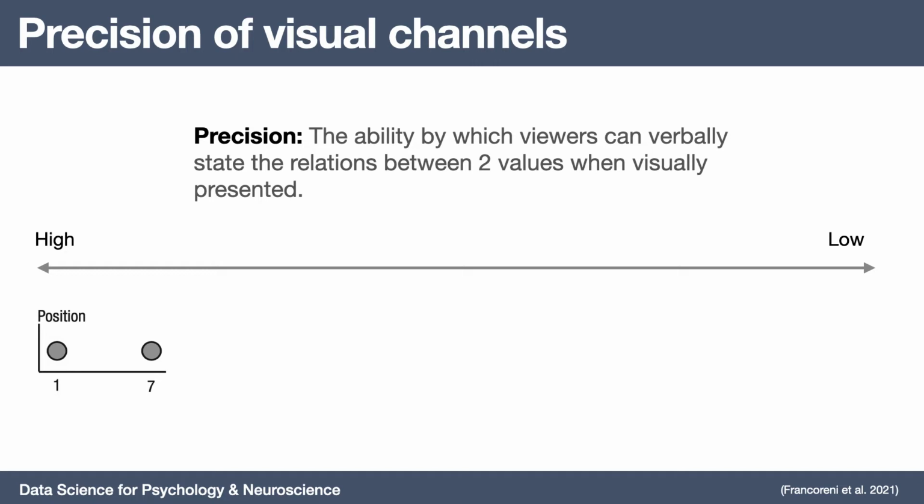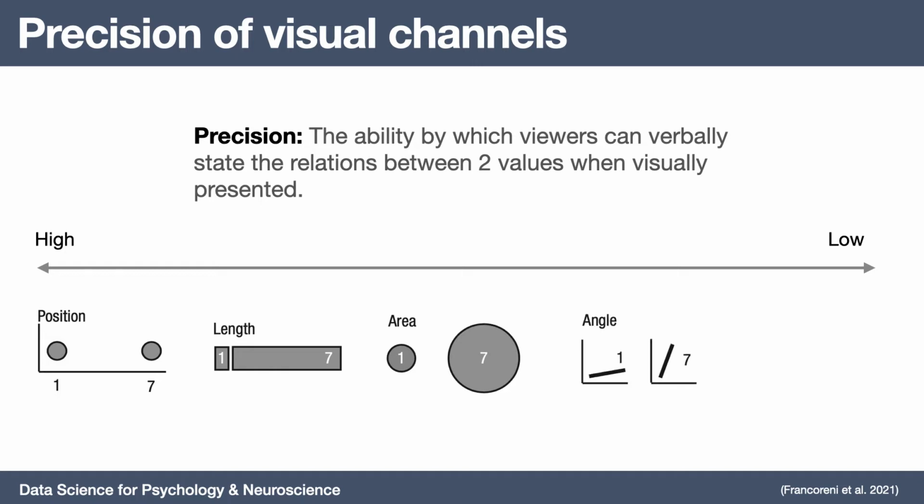Relative position of spatial information, according to our eyes, has the highest degree of precision in terms of distinguishing relative values and relations. This is followed by perception of length, perception of area, perception of angle, and visual intensity. You want to be aware of these differences in precision when plotting your data or using different visual features to plot your data, because certain visual features, like intensity or angle, may impact the degree or precision by which people